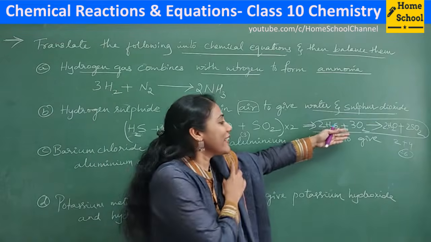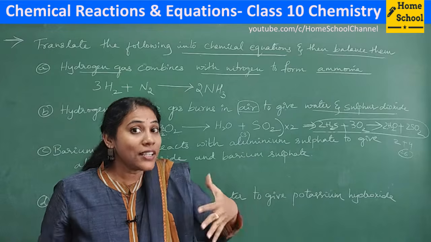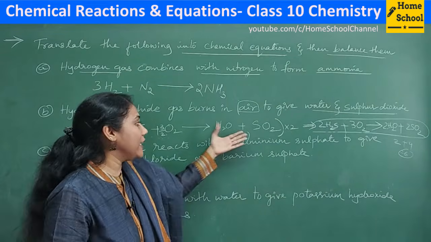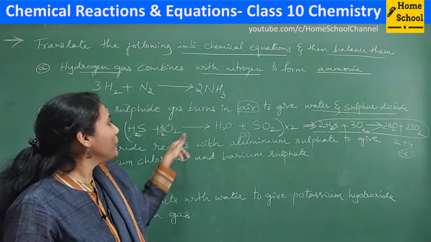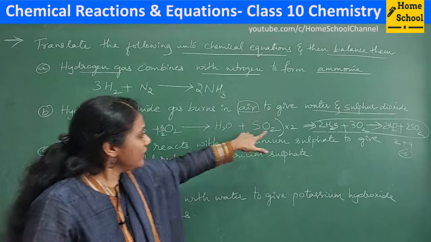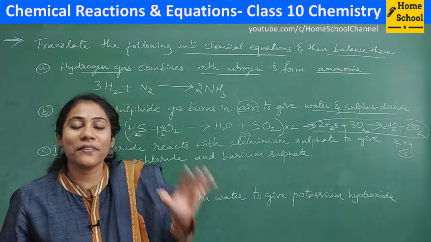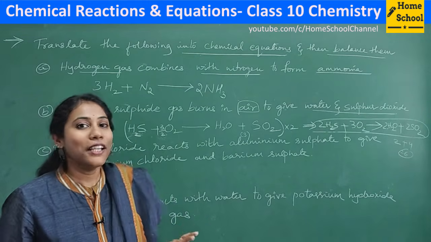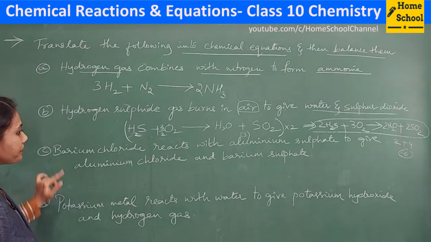No need to check once again. Definitely it will be in a balanced form. So during oxygen balancing, if you find it difficult, if you get a situation like this, then you can easily introduce a fraction, and then to remove the fraction, you can multiply by 2. If you follow this method, your balancing will become much easier. Okay, fine. Next question. I'll go for the third question.